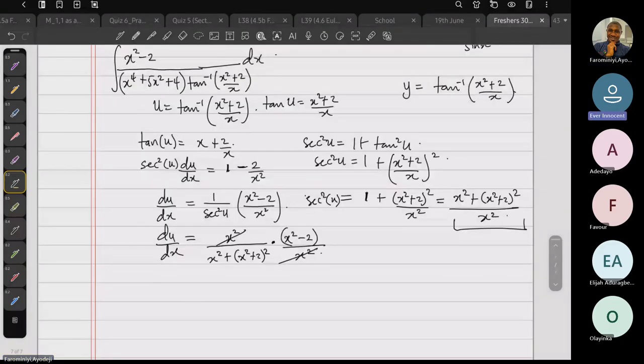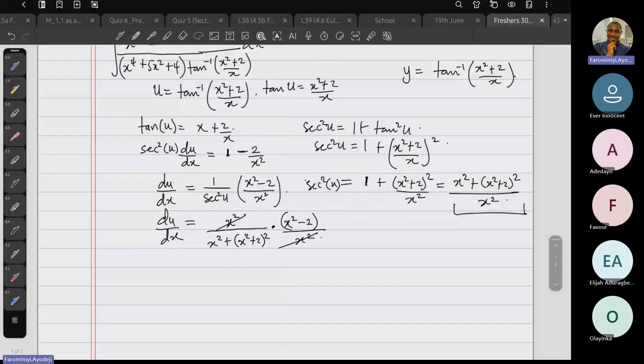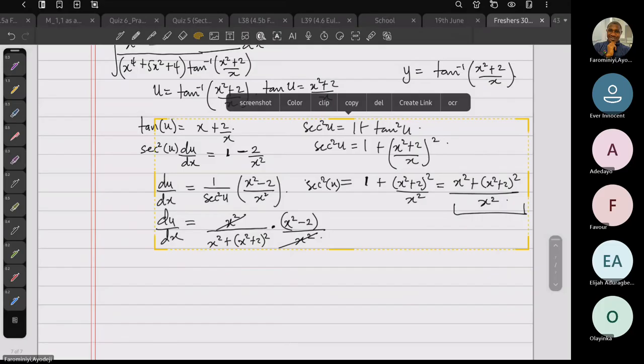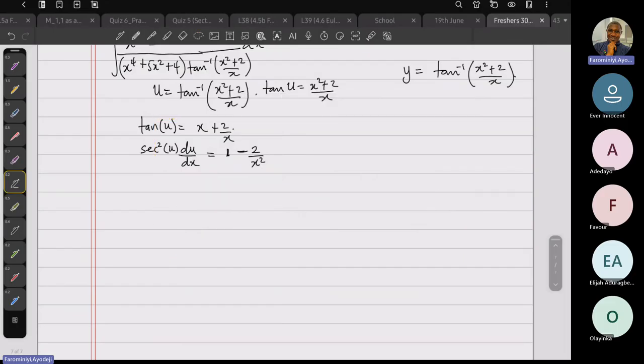Excuse me, sir. I'm kind of lost from the step just before this one. Okay. Let's go over this again carefully. So you agree that if u equals, yeah, somebody asked for the recording. Yes, after this class, I'm going to send a link to whoever. So tan u is equal to (x squared plus 2) over x, and